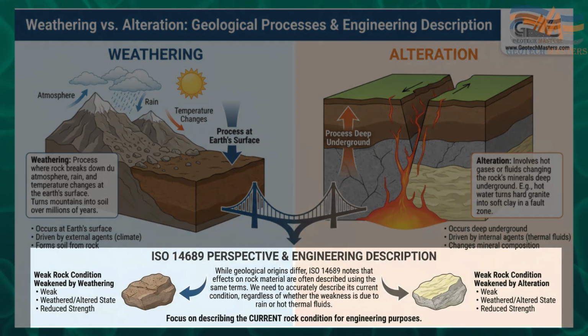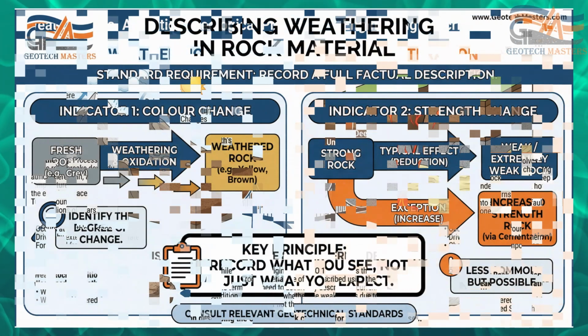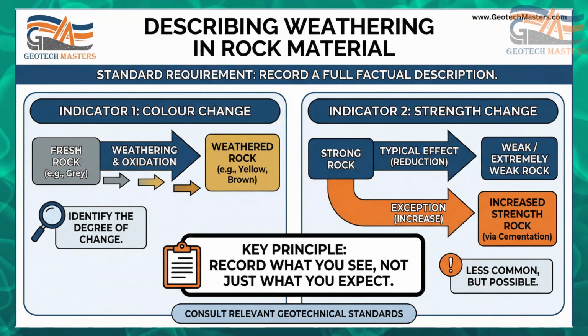While the geological origins are different, ISO 14689 notes that the effects on the rock material are often described using the same terms. Whether the rock is weak because of rain or because of hot thermal fluids, we need to describe its current condition accurately. When we describe weathering in rock material,